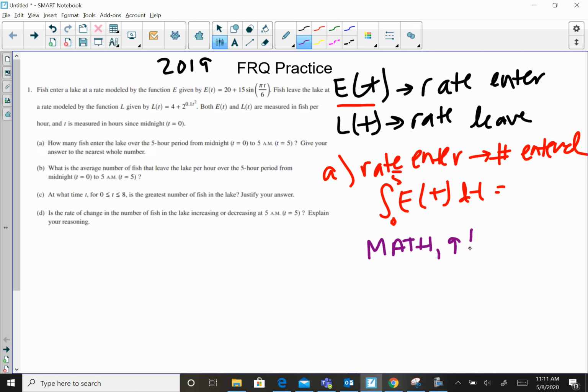All right, so Math 9. My lower bound is 0, my upper bound is 5. This calculator I have at home is pretty print, so that comes first. And then I put in 20 plus 15 sine. I'm going to put that pi t or pi x in parentheses, since they're both in the numerator, and then divide by 6. Don't forget the dx at the end. Also, make sure that your calculator is in radians, not degrees. And you get